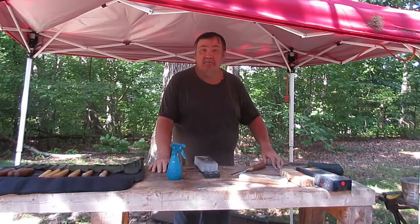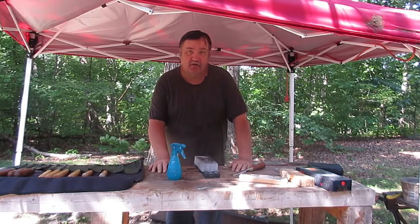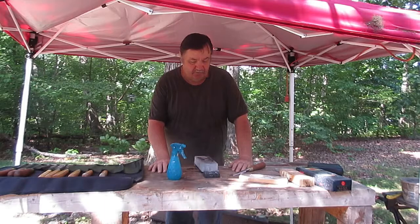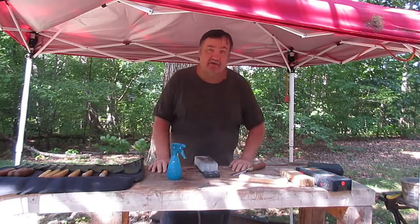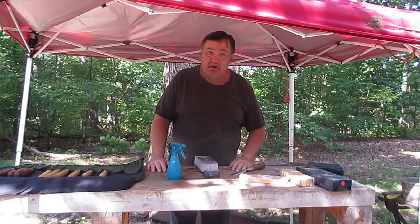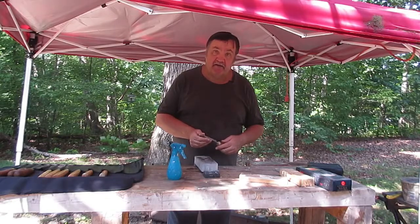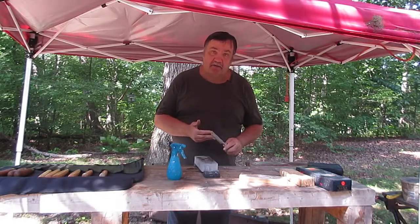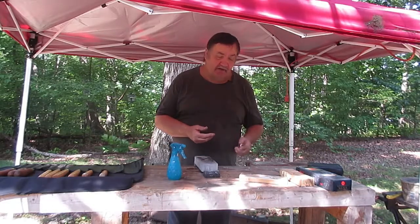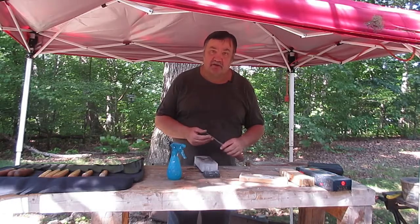As an addendum to what you just saw, I just showed the sharpening of the 3/4 inch or 20 millimeter chisel. And I started at 400. But the subsequent chisels I tried from 1,000 grit on up. And these chisels are so well made and so well prepped that the 400 was not needed. I could go straight from the 1,000 to the 8,000 to the natural stone,